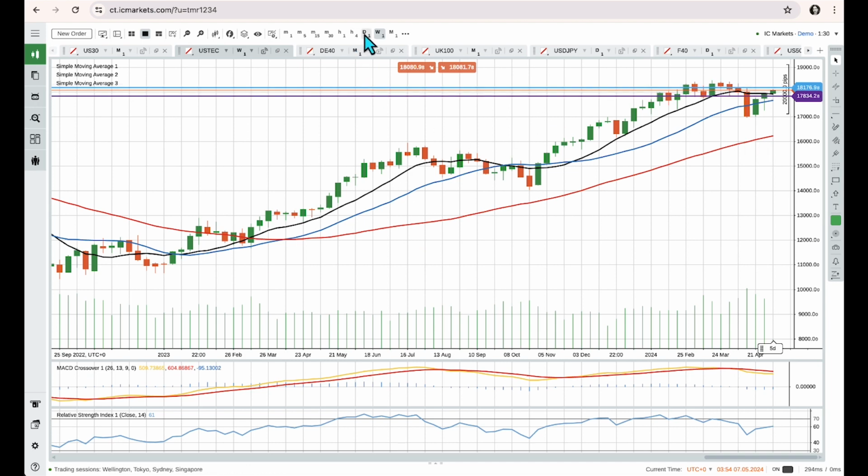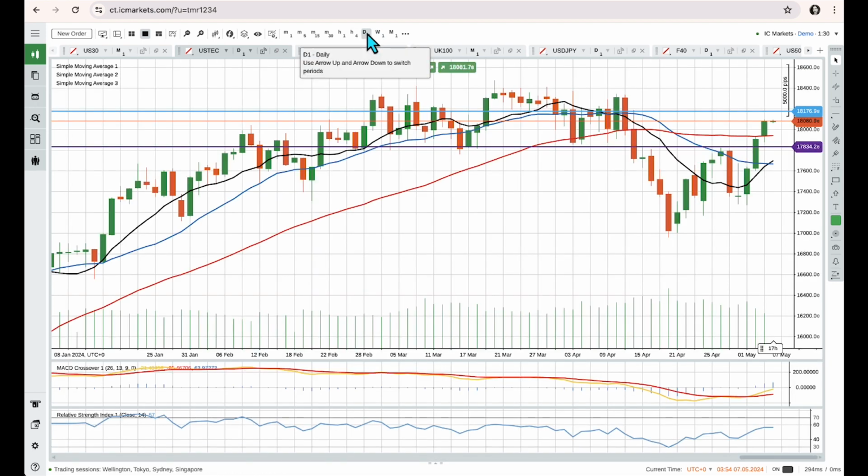So let's take a look here at the daily, and what am I looking for. So we had a downtrend here on the daily. We pulled back into this level around the 17,800, pulled back from it, couldn't go lower, came back up and smashed through that level. So in this case, what I'm looking for is a pullback to test this level from above. And I wouldn't mind if the market actually goes below that level and then comes out,